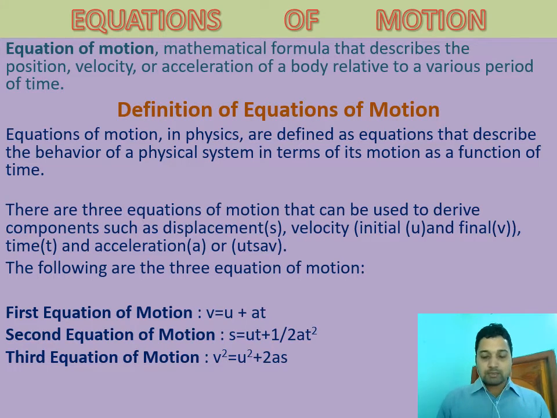From this we get the relationship between all these components used in motion, and if one quantity has to be found and all others are given, we can find it by using these three equations. Now for the derivation of all three, we can derive the equations by two methods. One is the theoretical method, using the definition. Second, using the graph, the velocity-time graph. So let us start the derivation.